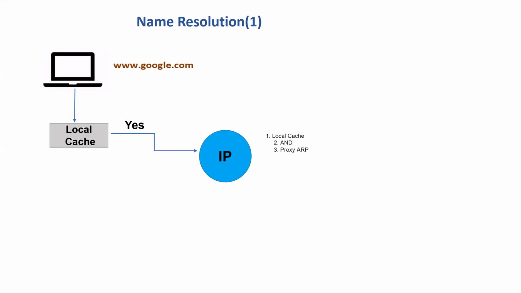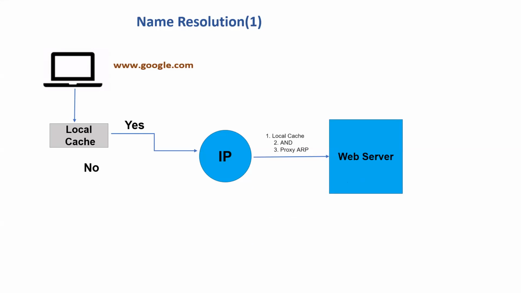ARP is basically Address Resolution Protocol, which is used to find out the MAC address corresponding to your IP address. Once we get the MAC address, then it will directly connect with the web server, and we can fetch the web page. In case the IP address is not available in the local cache, then it will go and